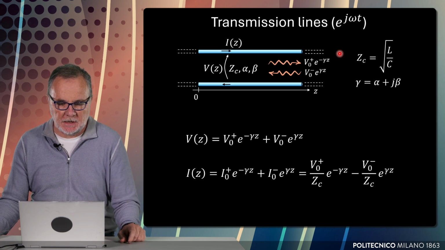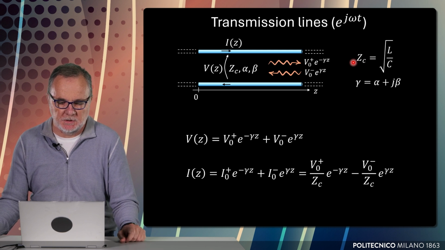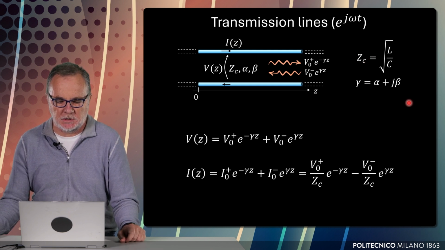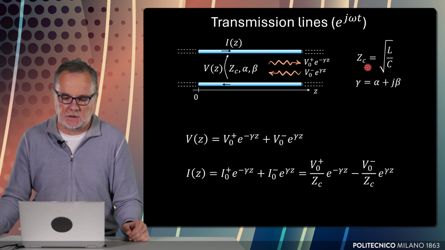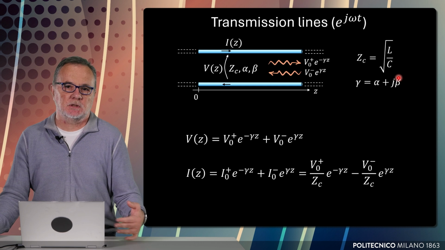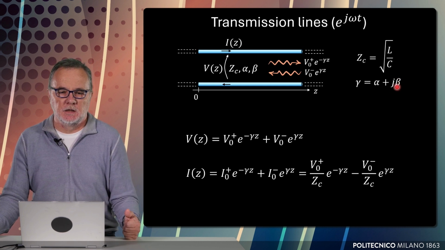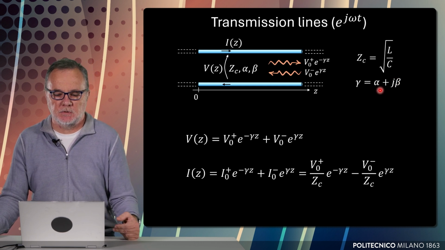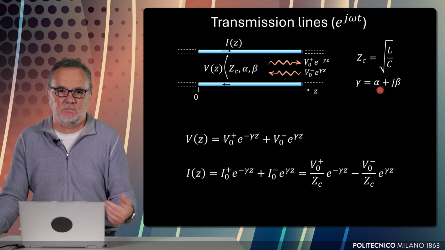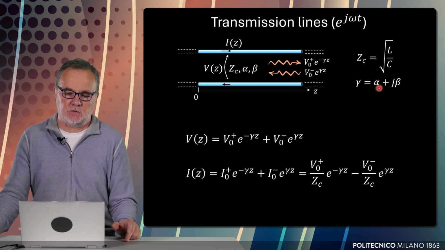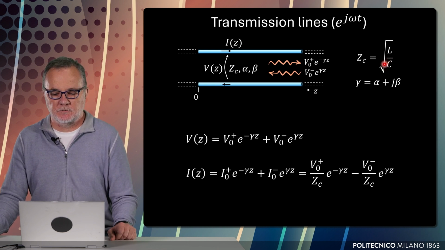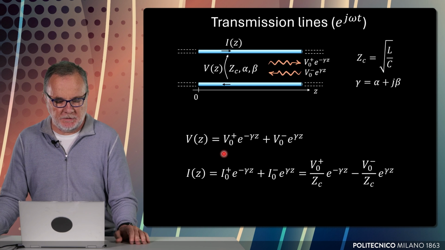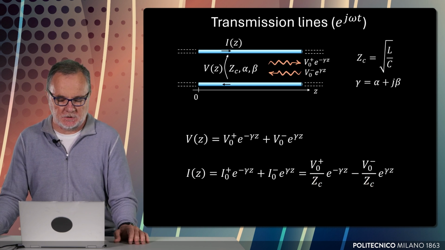So we have a transmission line, and we know its parameters, characteristic impedance and propagation constant. Let's say that this propagation constant is complex, whereas characteristic impedance is real. So we are discussing the case of a low losses line, in which there is an attenuation, and we cannot neglect it because the line length can be very long, but we can neglect the complex part of characteristic impedance. So we have, as you see, the expression for the voltage and the current that we already found in previous lessons.